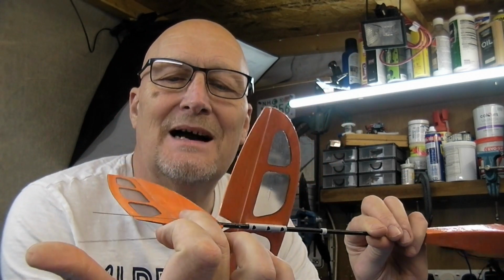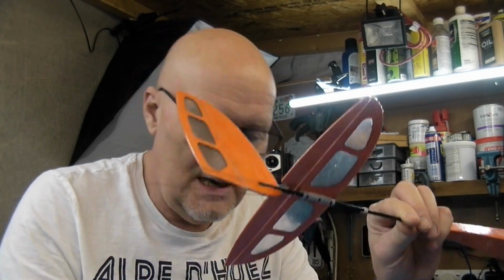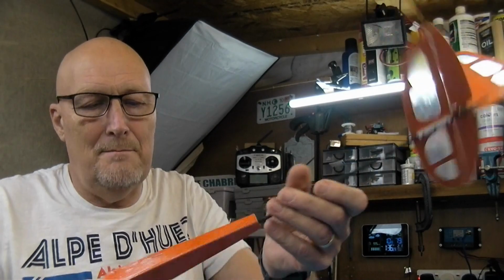So what I'm now going to do is, I'm going to bend my little elbow at the end of this. I'm then going to feed it back down, and I'm then going to glue these in place so that the horn is glued in, connected to the push rod. Having done that, I'll have a massive length this end, and then what I want to do is, the servos